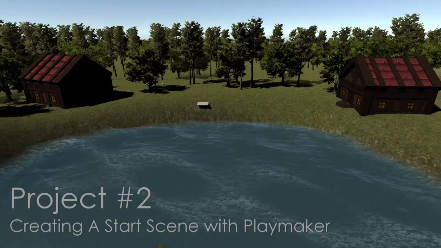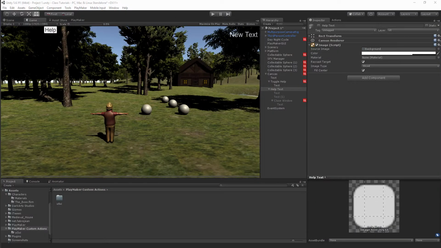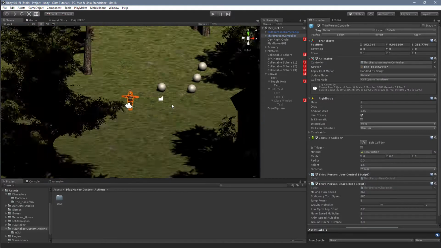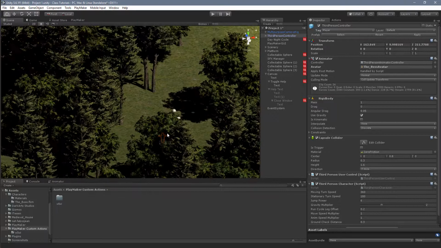In our last video, we added buttons to open up a help panel that showed the player how to play the game. In this video, we're going to look at how to create a very simple start scene that will make use of the UGUI buttons as well. So right now I'm in this scene here, and we're going to want to create a brand new scene that's